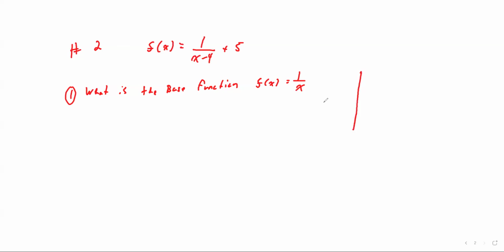So going back from the 3-6 video, 1 over x basically has the branches where you're in the first quadrant and in the third quadrant. So that's what the parent function is. So that's kind of like some of the questions are going to ask. What's the base function? What's that look like? And then you move on. Some questions might also ask,